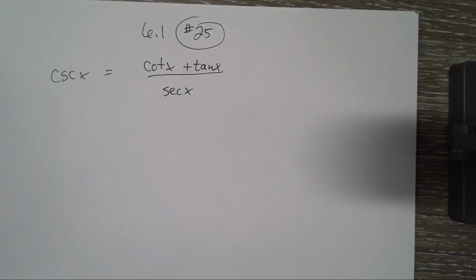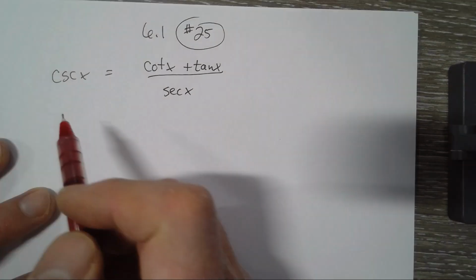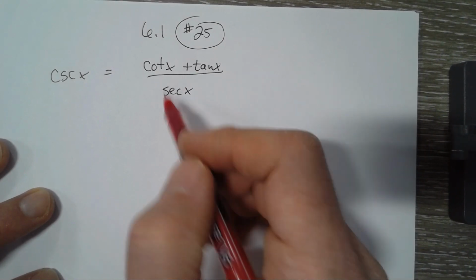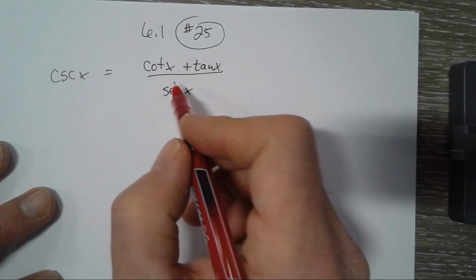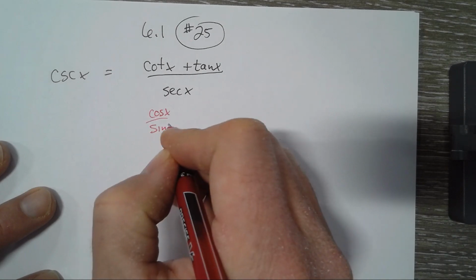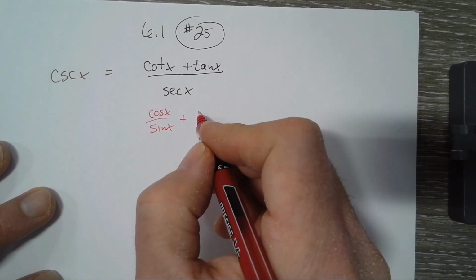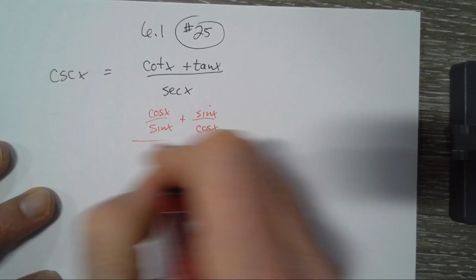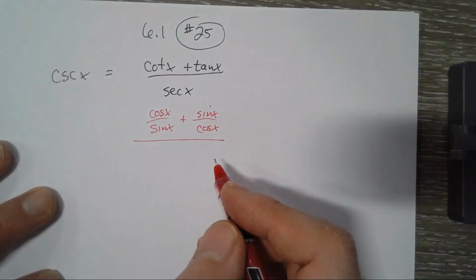6.1 number 25, verifying identity. So it's just one single function here, so I'm going to work on the right side. I'm going to write things in terms of sine and cosine. So cotangent is cosine x over sine x, plus tangent is sine x over cosine x, all over secant, which